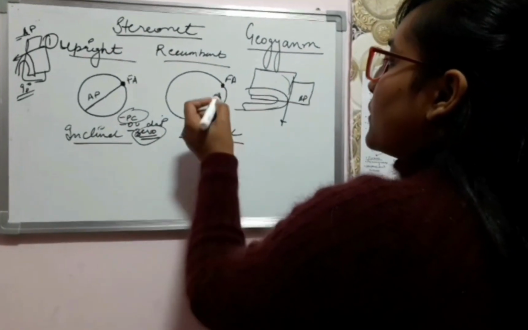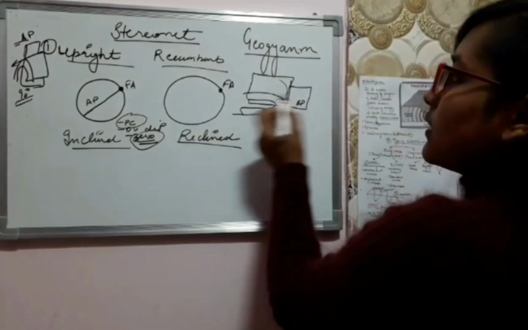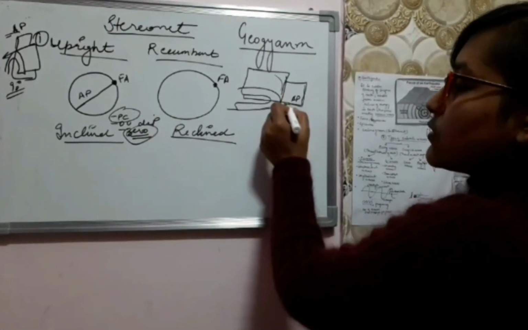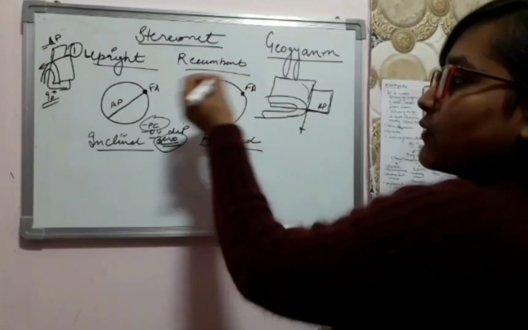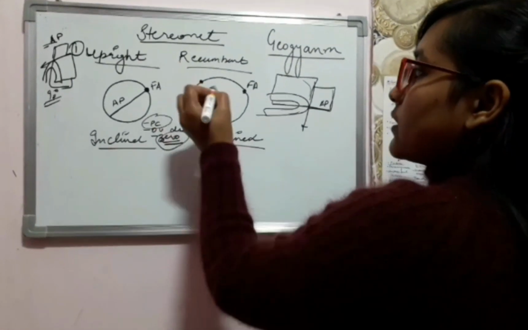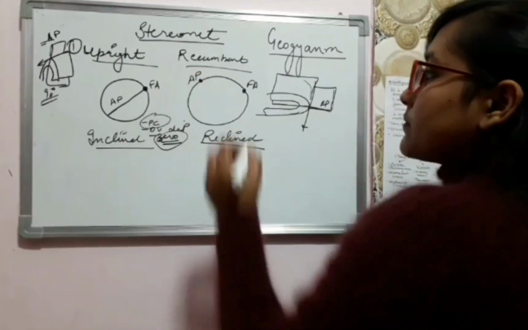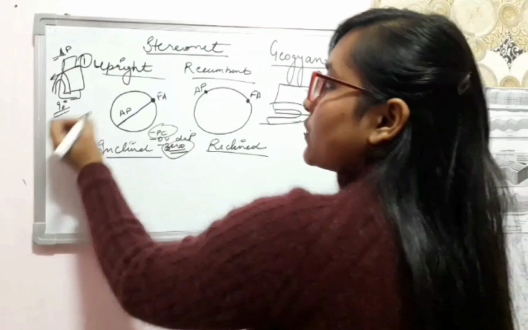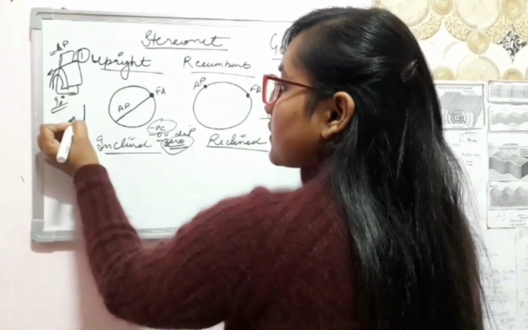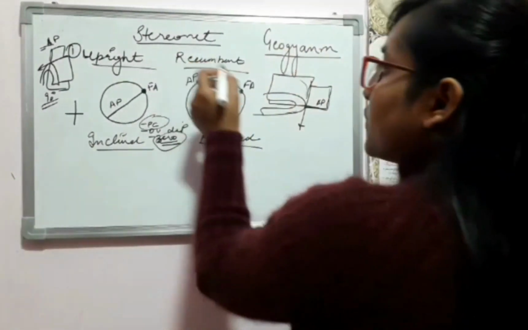Okay, but in the recumbent, the axial plane is also dipping horizontal, so axial plane will also lie on the outer circle. Okay, and what is the symbol we can use for the upright fold? This is the symbol. And for the recumbent,